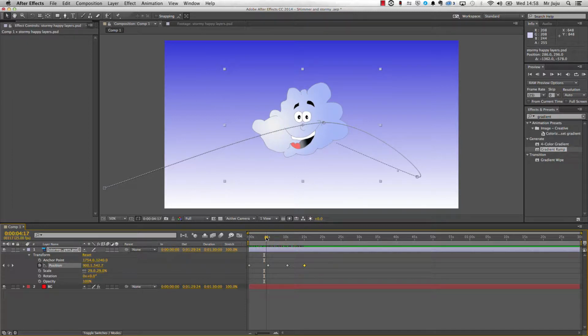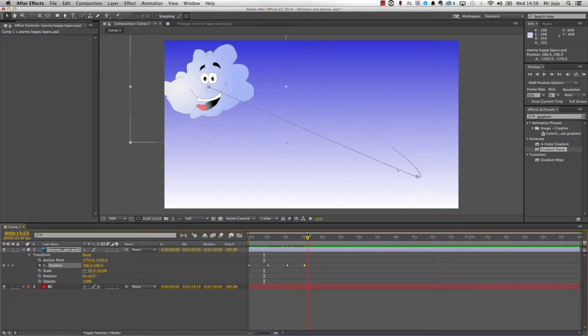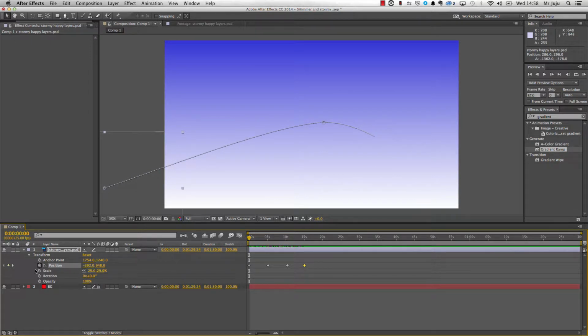So what I could do is I could go back and I could think, okay, while Stormy's coming on, I want him to be very small and then zoom up as though he's almost getting closer. So right back to the beginning, click on the scale stopwatch. It's not going to take any of these points away. Come forward and I'm going to say, well, when he gets to the middle, let's have him full size. But you notice he's not changed size at the minute because although I clicked on the stopwatch, I didn't change the scale. So I need to go back onto that keyframe,